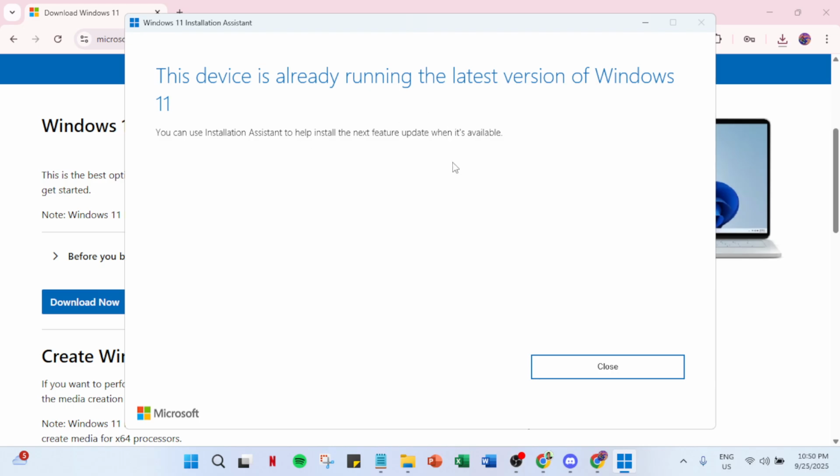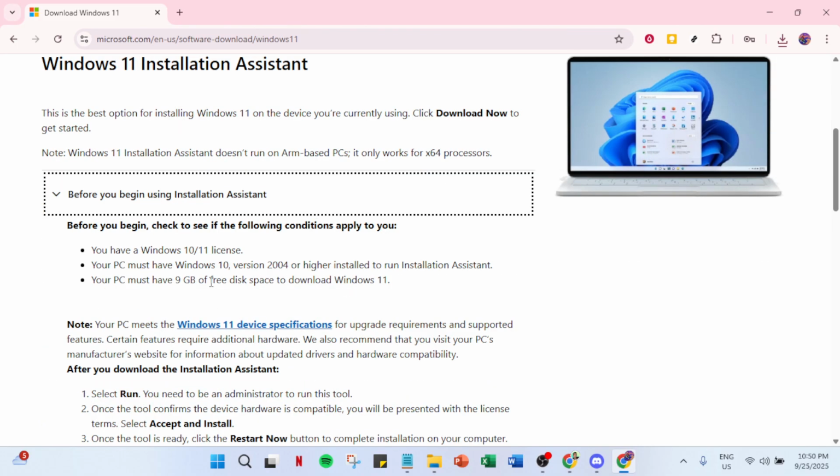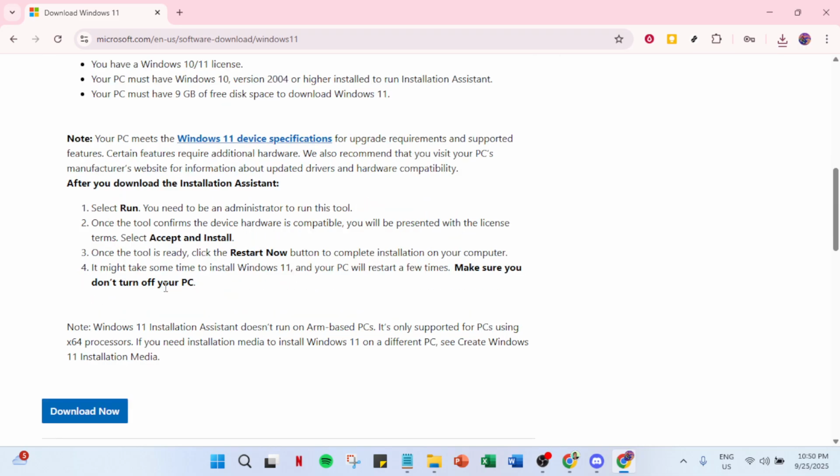for Windows 11. If your system is compatible, you will see an option to accept and install. Click this to proceed. It's important to remember that meeting the system requirements is crucial for a smooth user experience with Windows 11, as they ensure you can take full advantage of the new features without any hitches. With your approval, the installation assistant will get to work, downloading and installing Windows 11 in the background.